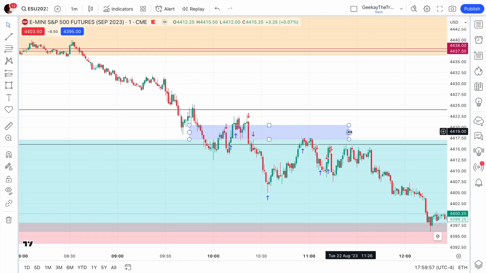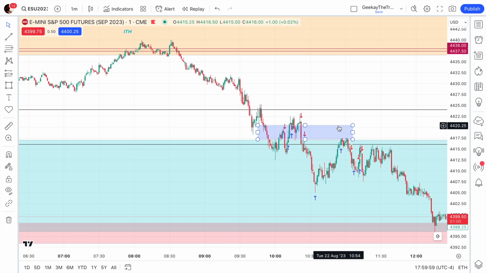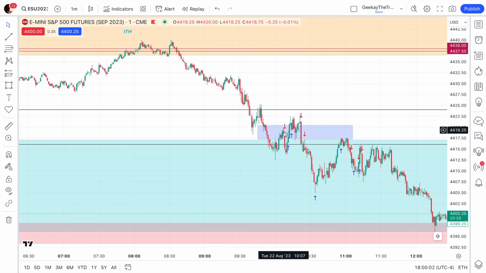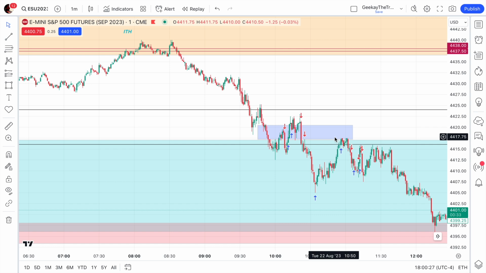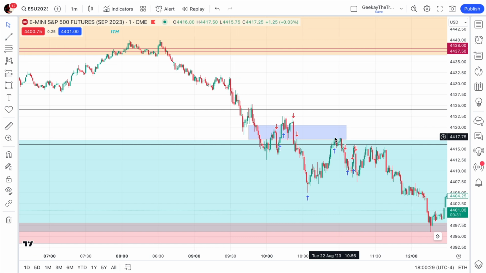So this hourly, or this 5-minute imbalance, sorry, I tried to go short on that right there. Too tight of a stop loss. Once we got this initial move down, I trailed my stop. So mistake number 1, trailing my stop. I know not to do this, and I usually never do it, but somehow I managed to do it today. Mistakes happen. I mean, it's trading, but obviously that was a rookie mistake for me, and it was just stemming from impatience. But anyways,